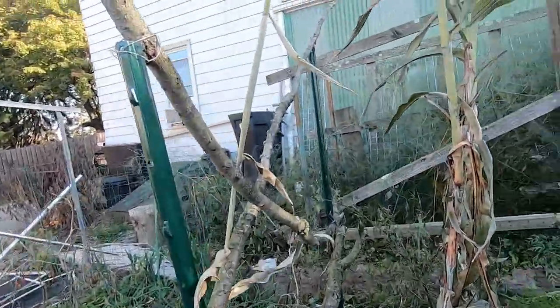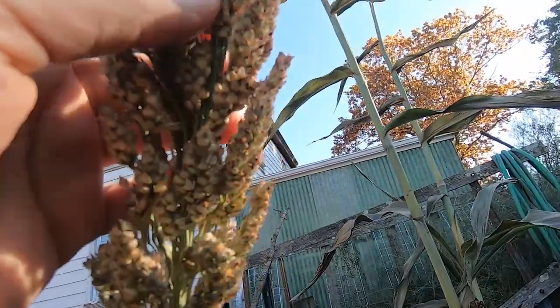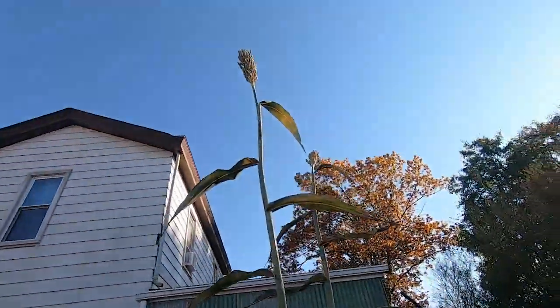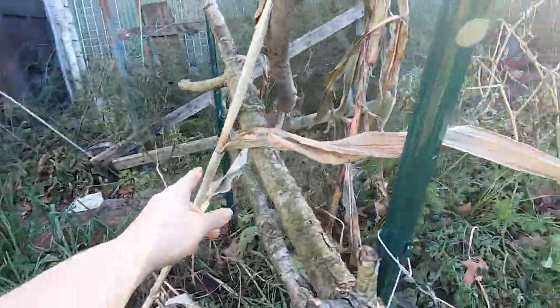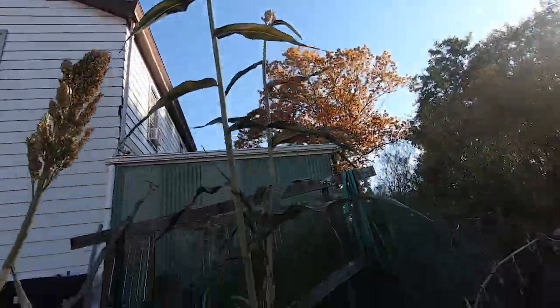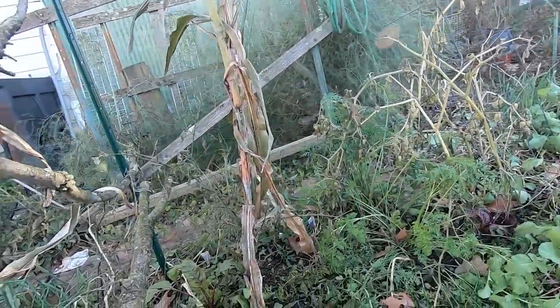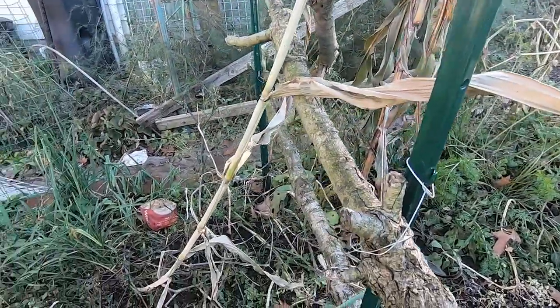It's been bathroom remodel time. This is sorghum. I don't think it got the whole way ripe. This one actually blew off, and it was getting eaten by bugs, so that's why it's got multi-stalks. But I think I could... I don't know, is it too late to do it for the...